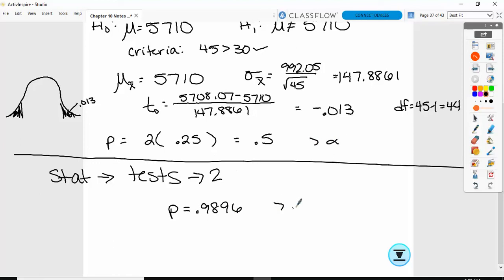These are both bigger than alpha, so what does that mean? We would fail to reject. Okay, it is extremely likely to get this answer if the null hypothesis is true. There is almost a 99% chance that we get this value, so we would definitely assume that our null hypothesis is still true. All right, we will do more